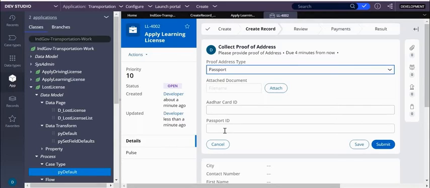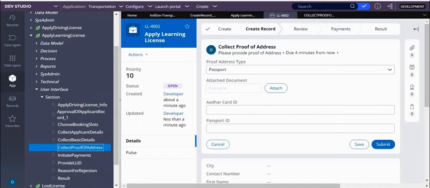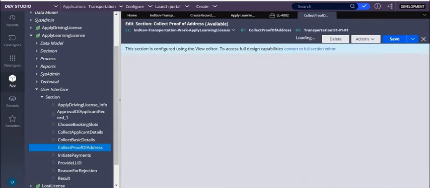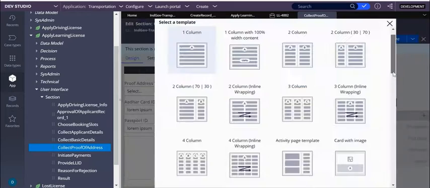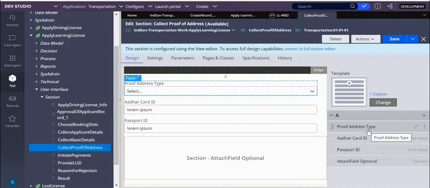Got it? Now here the attached document is showing somewhere and these are showing somewhere. We do not want to show this here. We want to show this above the attached document. Right. Got it? Yes. Above means what you are changing, which rule do you want to change here? Flow action rule or section rule? Section rule, exactly. So let's go to that section rule and change this particular design. This is a section. So tell me how to change this. Yeah, for now let it be, change this to two column.